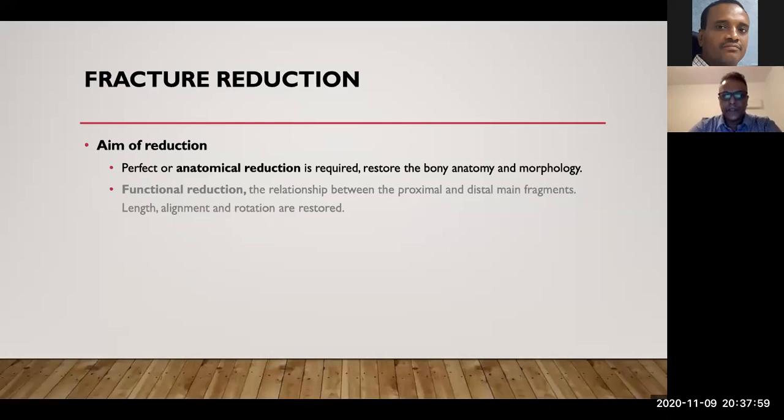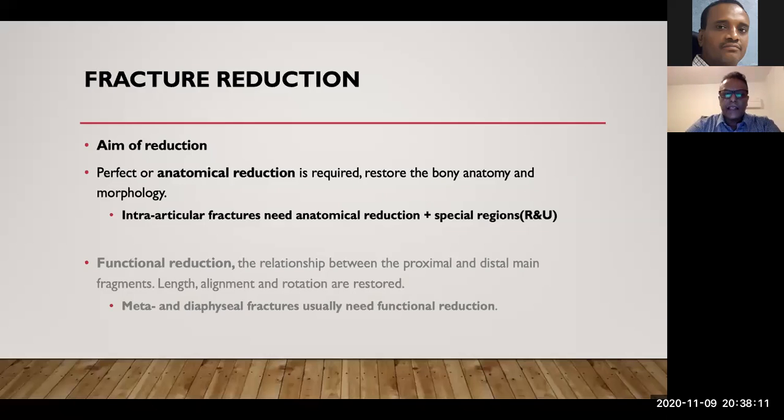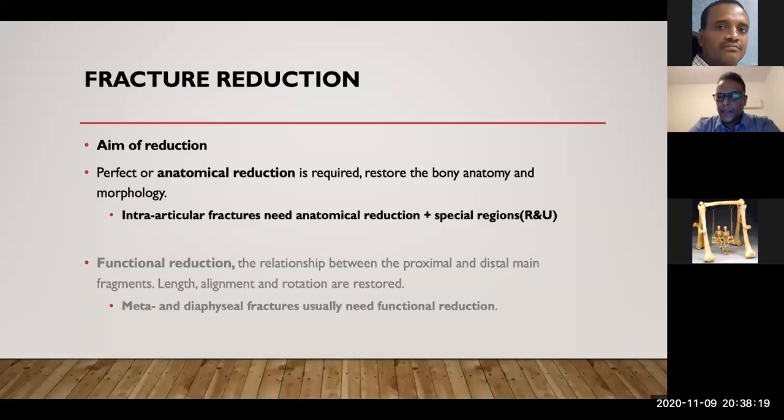The aim of the reduction is either perfect or anatomical reduction, and this is required to restore the bony anatomy and the morphology of the bone. And we need this type of reduction when there is an intra-articular fracture. And this is not only for intra-articular fracture, however, there are some long bone fractures which we need